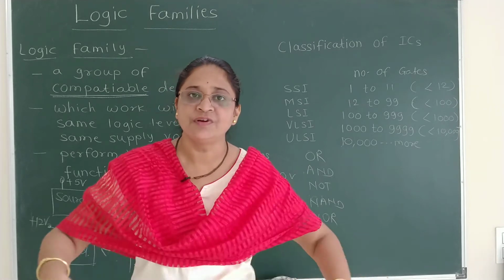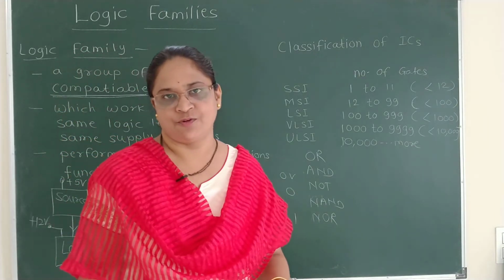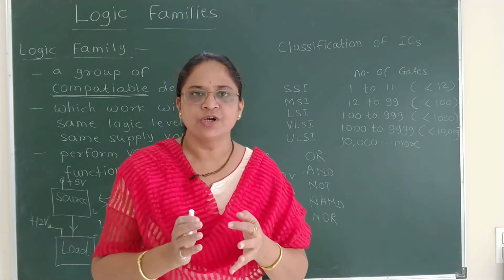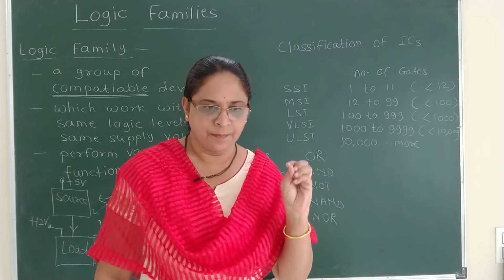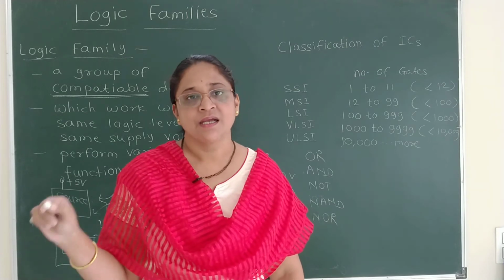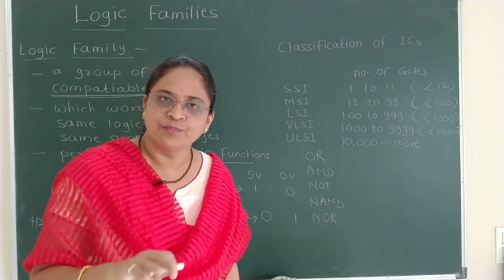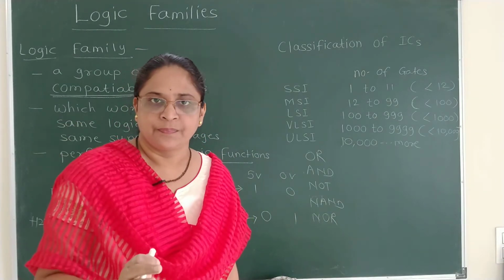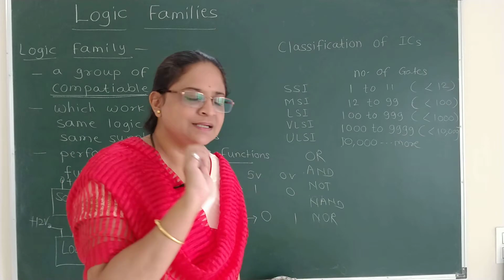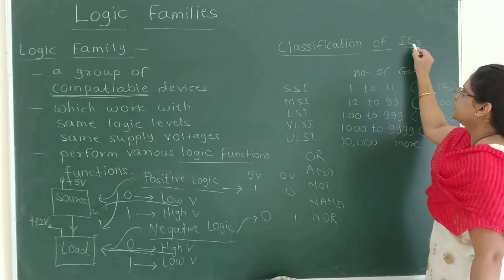So it is basically a group of different logic circuits. Then the same circuit can be converted into IC form, that is integrated circuit, a very small silicon chip on which many components can be put together to perform a particular logic function. So that miniature format of semiconductor circuit is known as integrated circuit, IC. It decides how many components or gates can be put on that small area. It makes a particular classification, known as classification of ICs, that is integrated circuits.